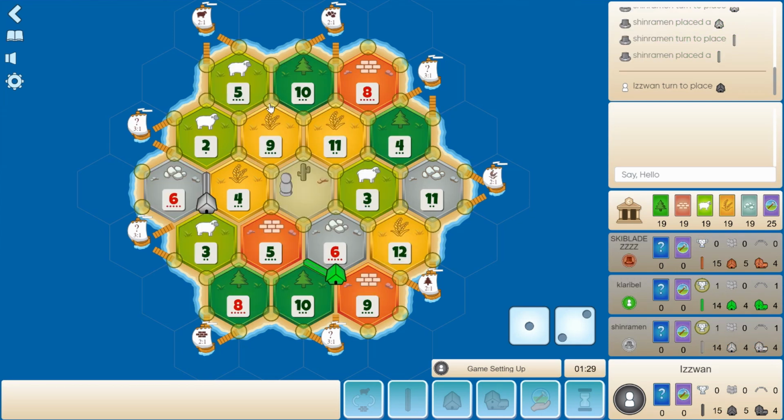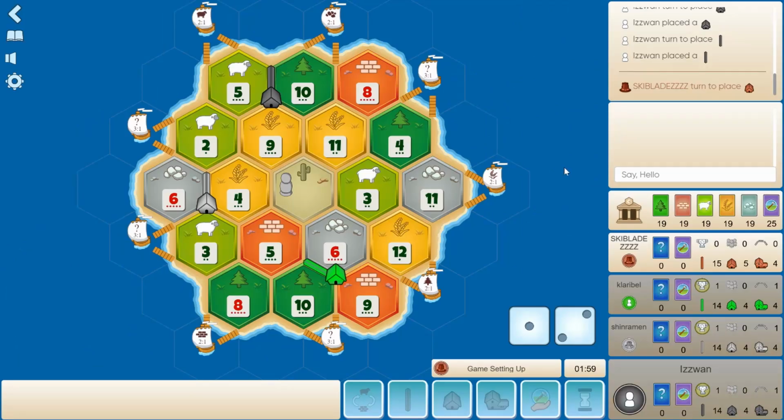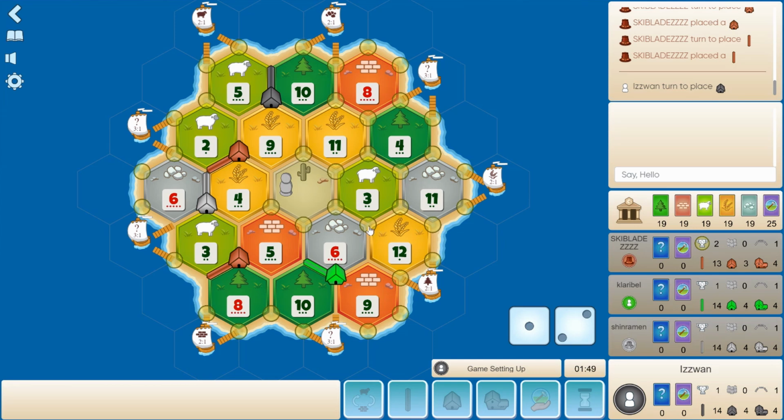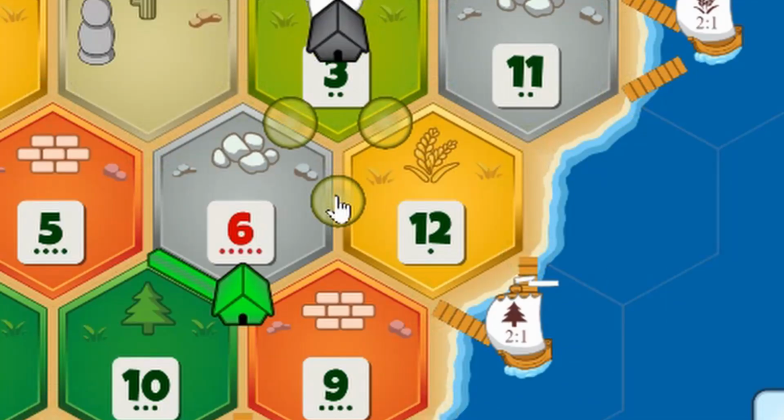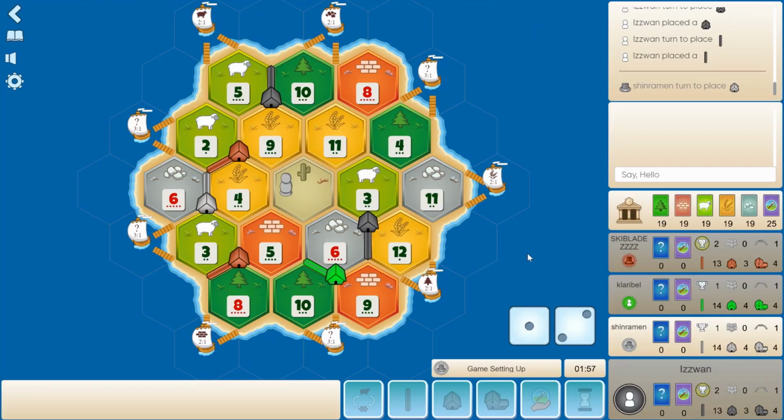In this example, playing as black, I place on the 5-10-9 up the top and point my road towards the coast with my first settlement. I place on the 6-3-12 with my second settlement and point my road towards the wood port. This is a little bit risky as green has strong road building and could cut me off by building roads back. However, them pointing their road inland shows me that they are very keen to get on that 5 brick